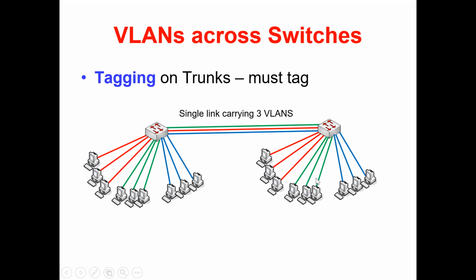This one has three VLANs: the red, green, and blue VLANs on the left switch and on the right switch. So each of those is a distinct network. Again, the red could be library, the green could be say HR, the blue could be accounts, and they are sharing